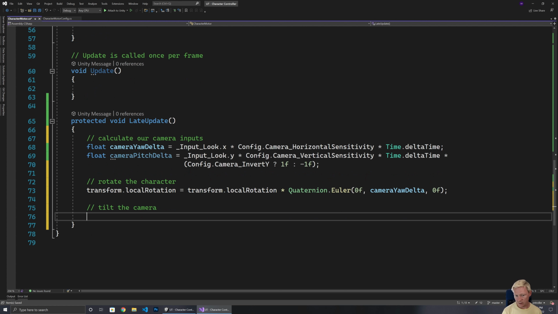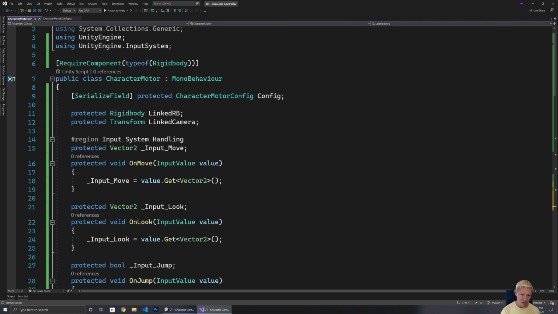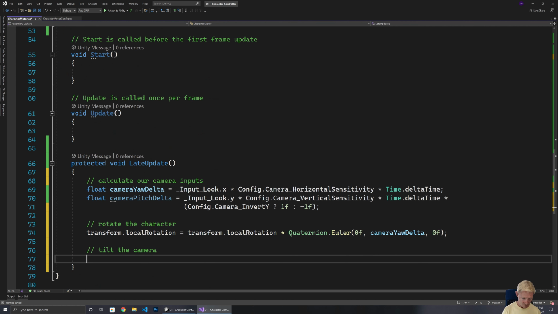Now the main difference with this is for us to be able to clamp it. What we need to do is always keep track of the camera pitch. So we are going to have protected float currentCameraPitch is 0. Then we can say currentCameraPitch plus equals our camera pitch delta. But we want to have our clamping. So what we can do is our camera pitch is a